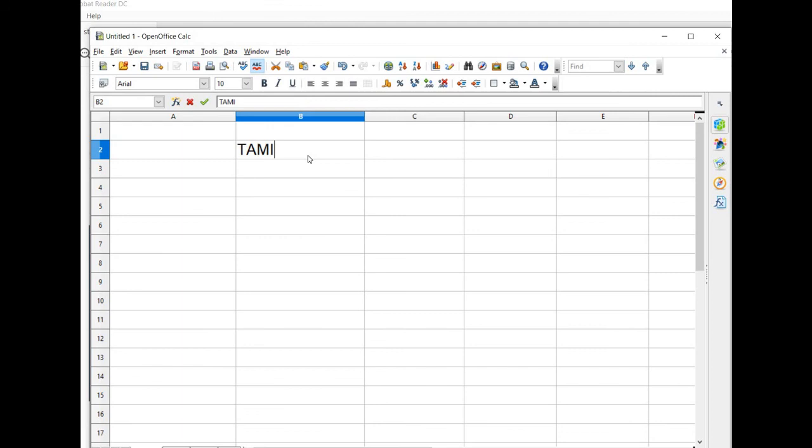I'll type one word here, Tamil, and Nadu in another cell. So here I'll give this cell name B2, ampersand symbol, and this cell. So it will concatenate Tamil plus Nadu.